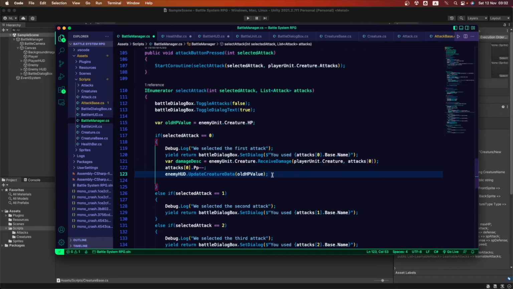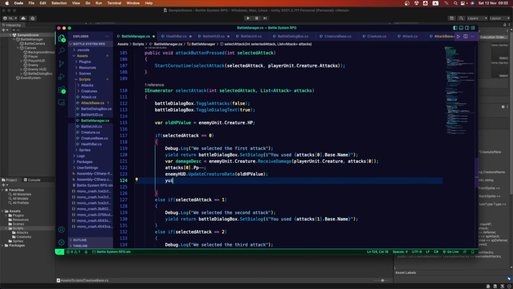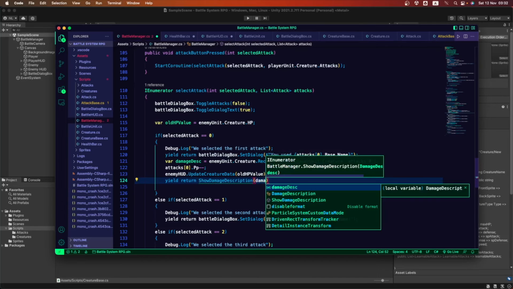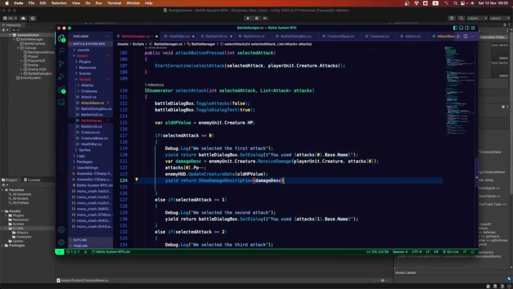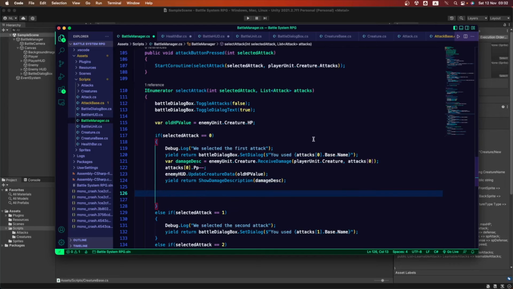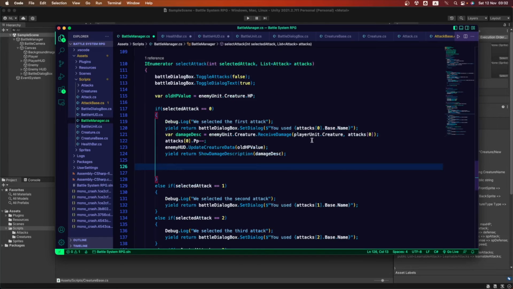After that, we want to yield return, and remember the same thing: we want to return the damage description, whether this attack is critical, whether it is effective, or whether it isn't effective. That is all that we need. After all of this, we want to know if we are dead.